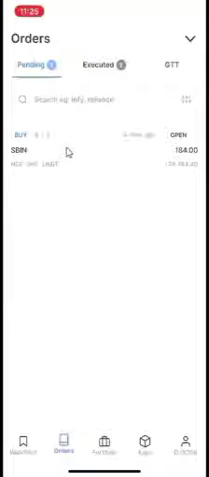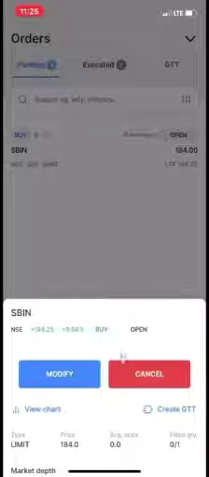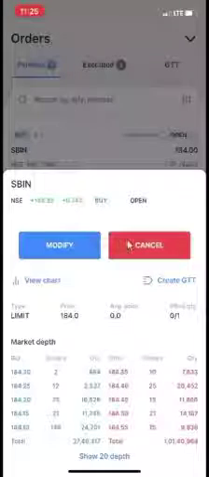This is our SBI limit order. The price has not reached our required price, so we will cancel this order now. Click on the order. This tab will open. Here we can modify as well as cancel the order.